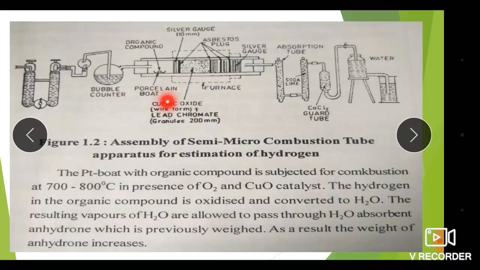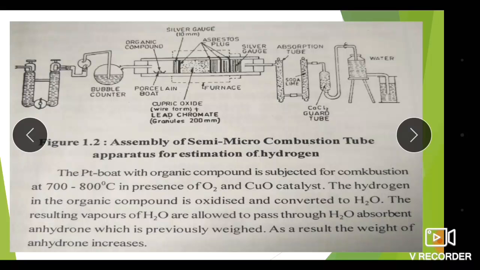A porcelain boat or a platinum boat, silver gauze, an asbestos plug, and copper oxide as a catalyst are there. The whole assembly used for carbon dioxide is similar here. The only difference between the estimation of carbon and hydrogen is the absorbent: anhydrous calcium chloride, that is anhydrone, is used in the case of hydrogen, and ascarite is used in the case of